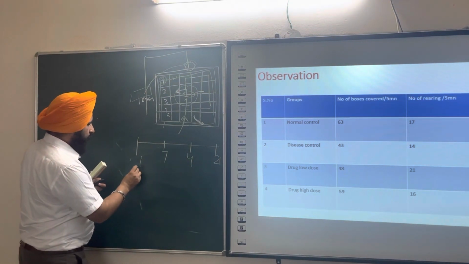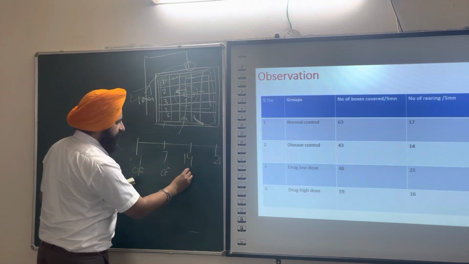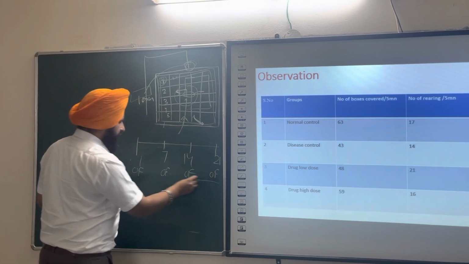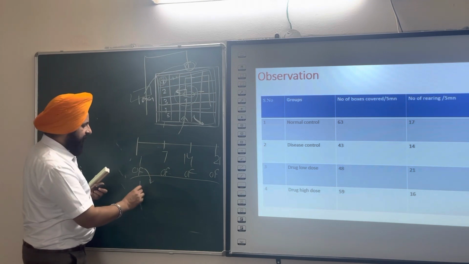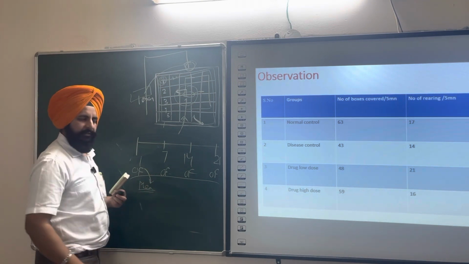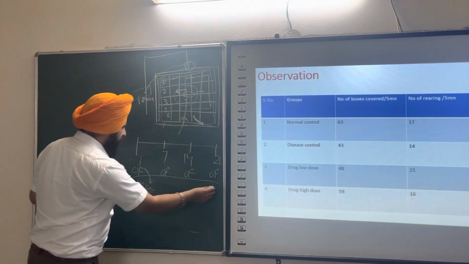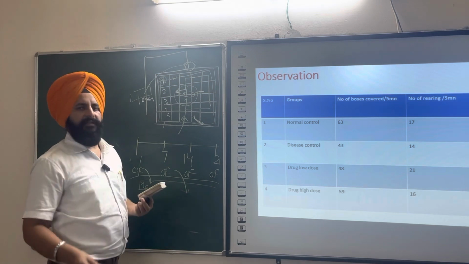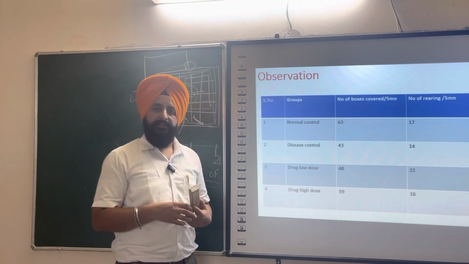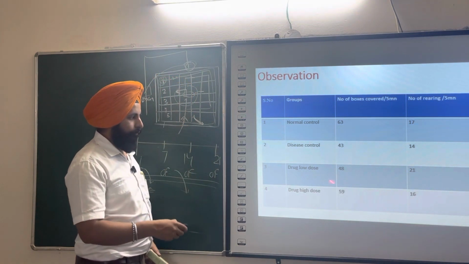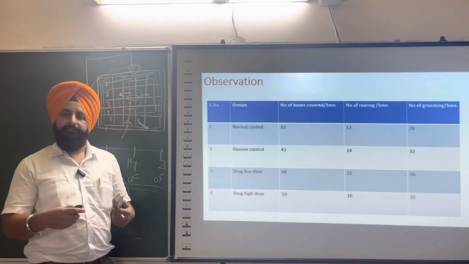So I have done the open field at the initial level, open field at the 7th day, open field at the 14th day and open field at the 21st day, accordingly. What you will do is take 2 readings and then you will get the mean of that, so you calculate the mean, and from the mean on the 4 day intervals you will apply your statistical analysis. So in the statistics it will be clear to you whether our drug had improved the number of box crosses, that means locomotor activity, or not.